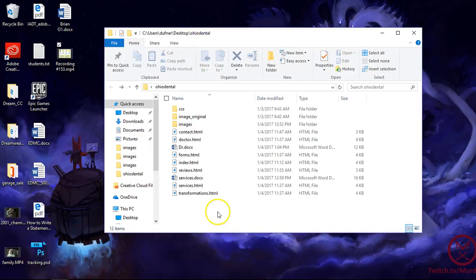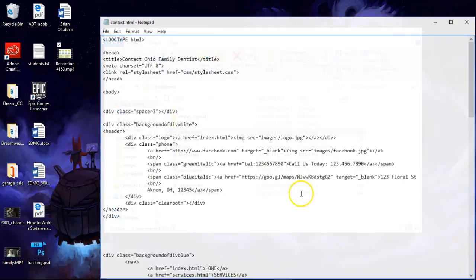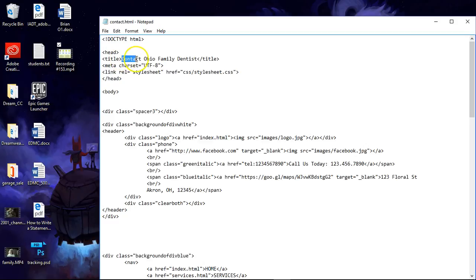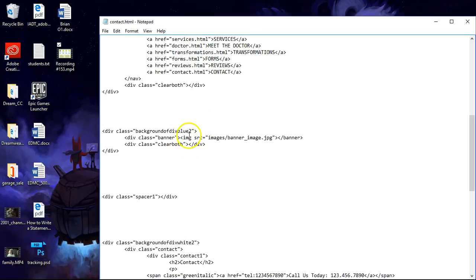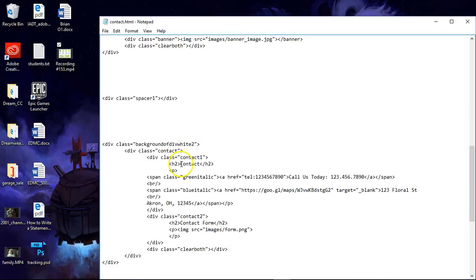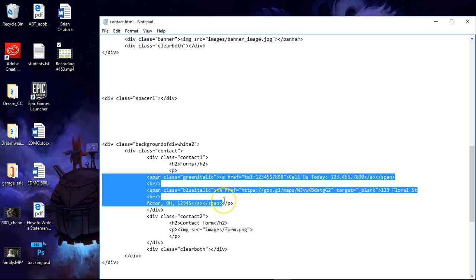It's contact. Open with Notepad. And we're going to write up here, forms for Ohio Family Dentist. And right down here where it says contact, I'm going to write forms. We're going to put in here the first paragraph,